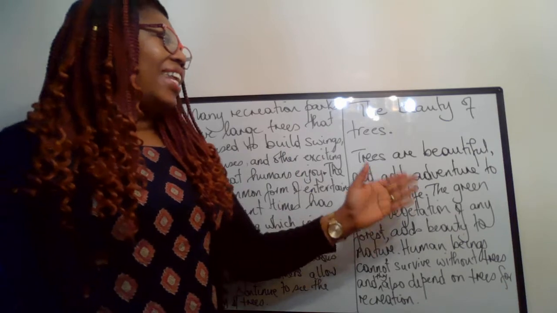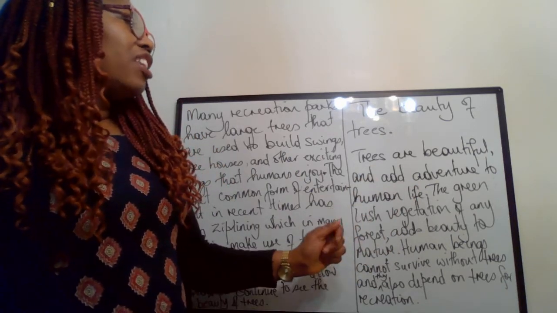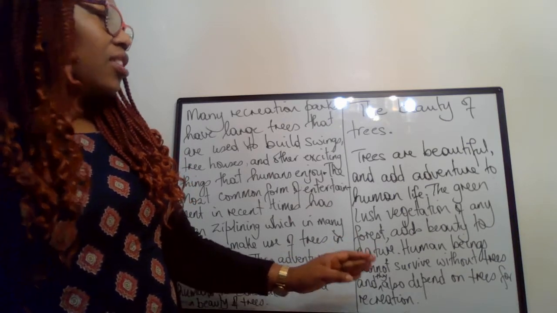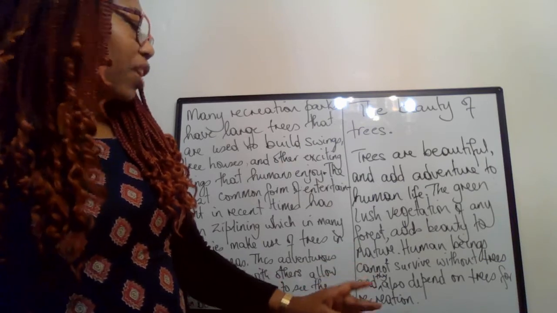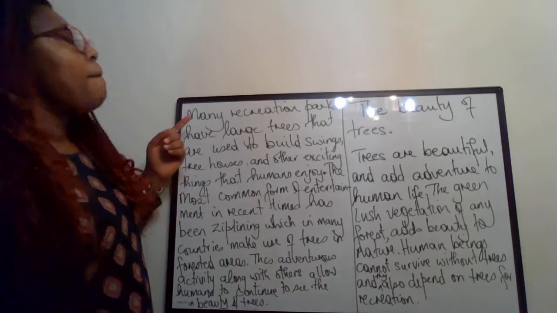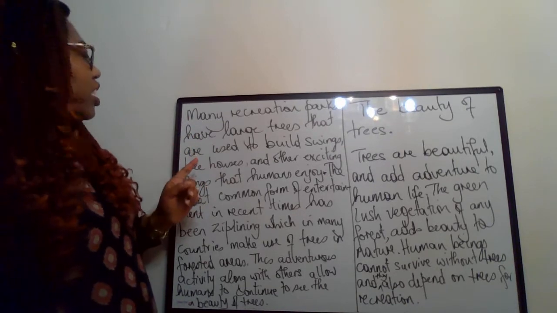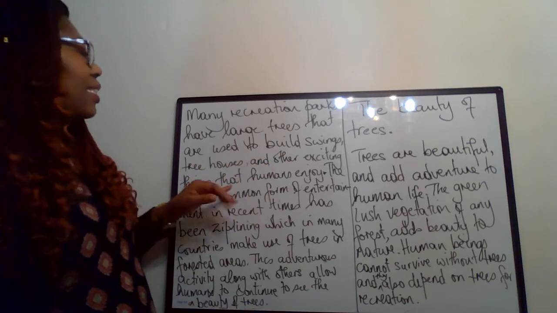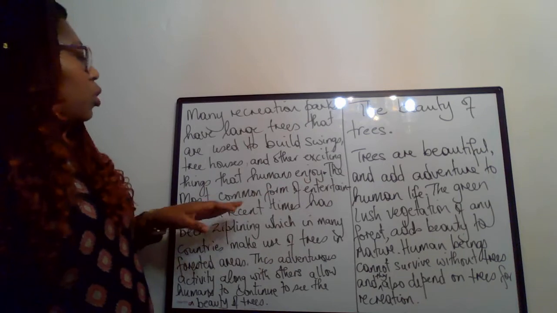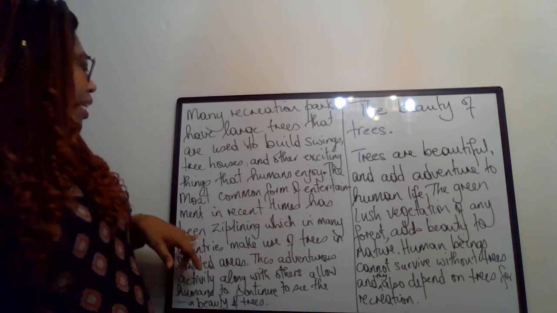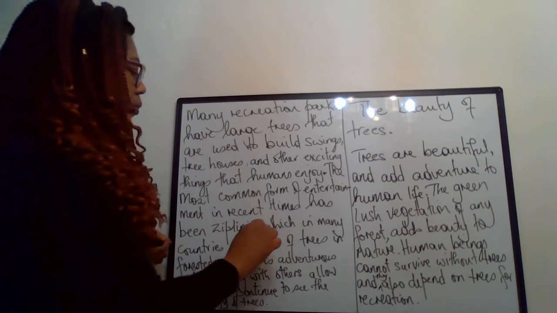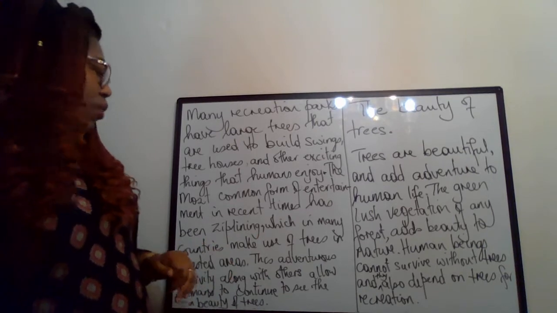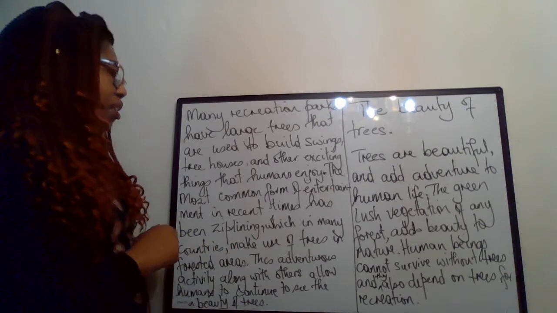Trees are beautiful and add adventure to human life. The green, lush vegetation of any forest adds beauty to nature. Human beings cannot survive without trees, and they also depend on trees for recreation. Many recreation parks have large trees that are used to build swings, tree houses, and other exciting things that humans enjoy. The most common form of entertainment in recent times has been zip lining, which, and we have a comma here, which in many countries, and we need to have another comma here,